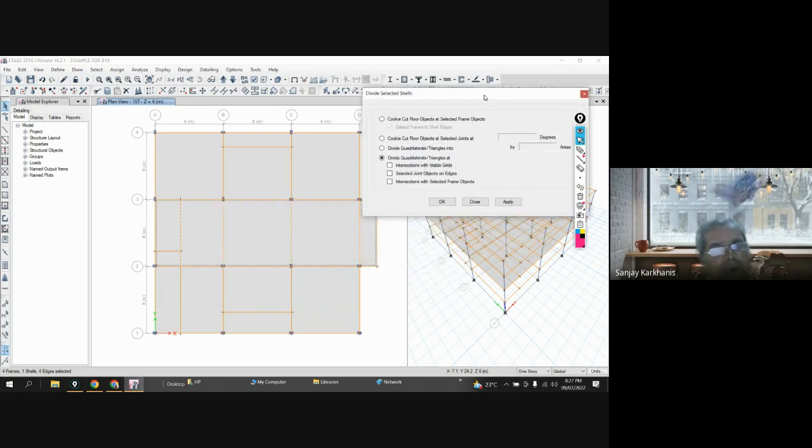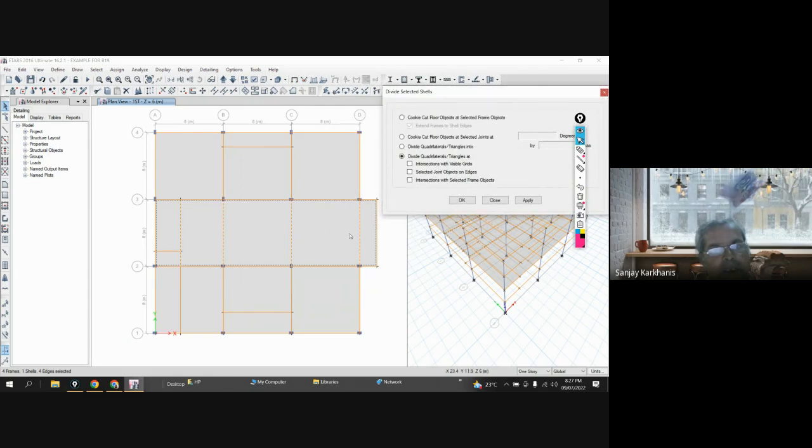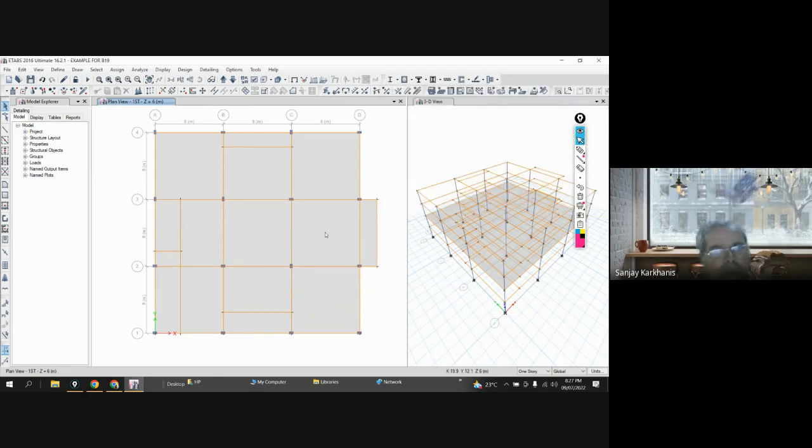So what have you selected? You have selected internal frames. So it will divide on the frames. So this is your option. Apply and close. Now if you see, now this is single, this is single, this is single, this is single, but